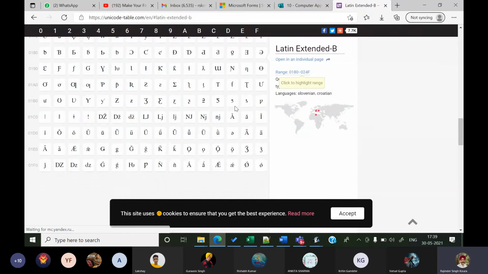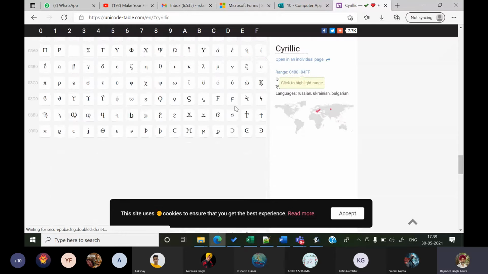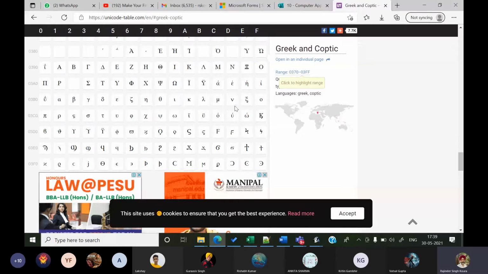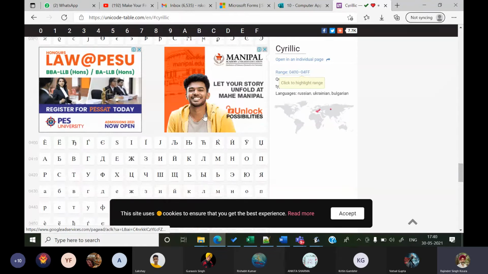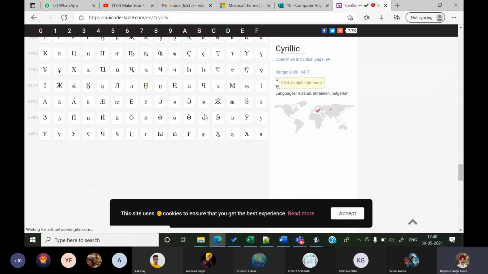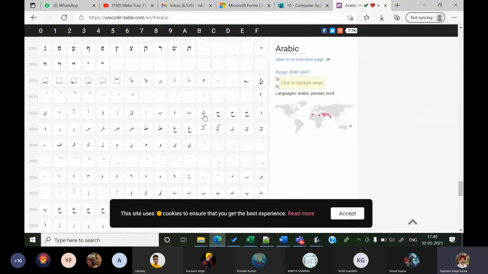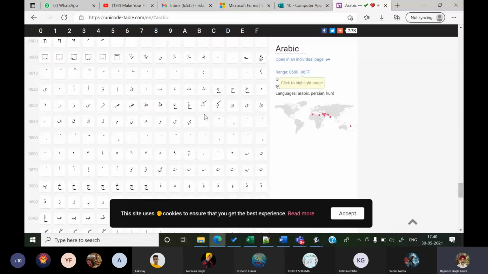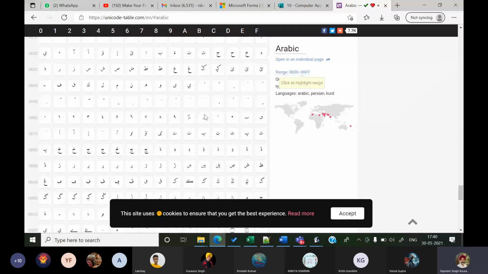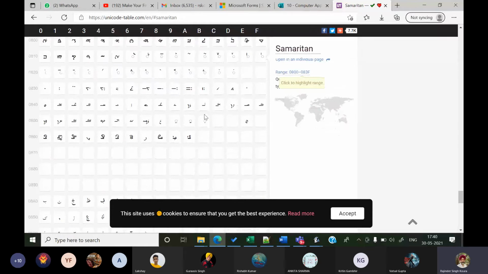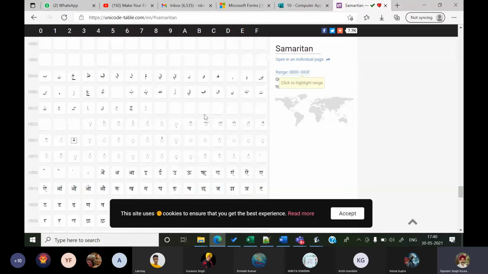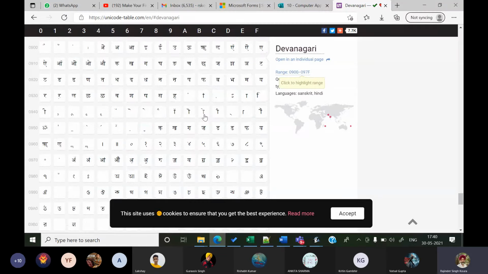But after this, what comes? You can see these are of some other language: alpha, beta, gamma, delta, epsilon, zeta, eta, theta, all of them are there. And then you will have other languages like Persian, Urdu. Then we will also have Hindi, and we will also have Punjabi. We can see Hindi here now.